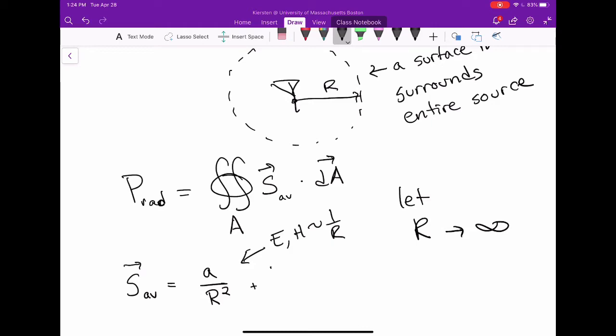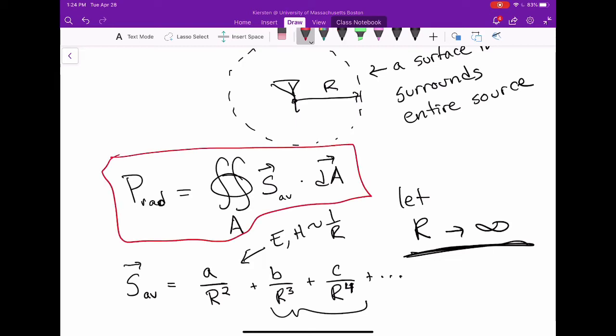But it's also going to have some terms that are proportional to 1 over r cubed, or 1 over r to the 4th, and a few other things. But as you let r go to infinity, all of these other terms are going to stop contributing to the outcome of this power integral,